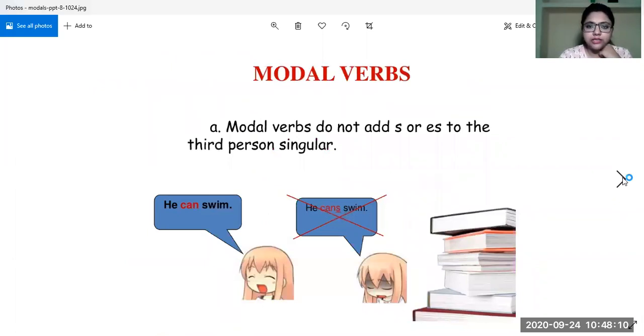Now, there are certain characteristics of modal verbs. As I have already told you, there is no singular form of modal verbs or modal auxiliaries. If this sentence would have been without can, then with he, like we did in subject verb agreement, when the subject is singular, we change the verb into a singular verb by adding an s over here. Suppose this can was not over here, then he swims would have been the correct way of writing the sentence. But